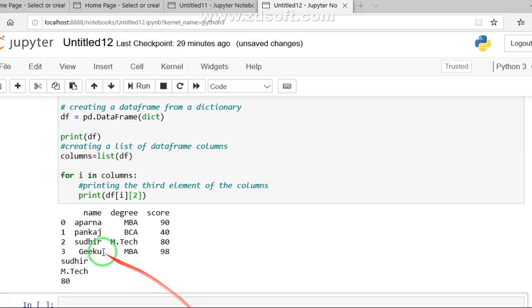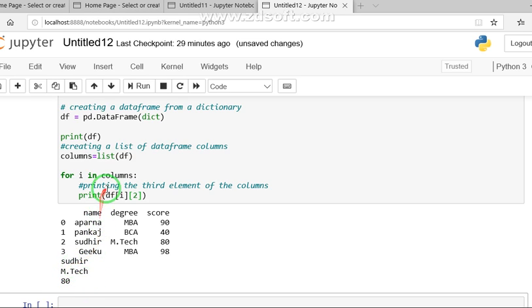So students, you can see in the output, first part is this data frame is appearing here, and in the second part you are finding out the output of this one. We have printed the third element. What is the third element here? It is Sudhir, with its degree MTech and with its score 80. So you are finding out the operation on column wise. Clear?